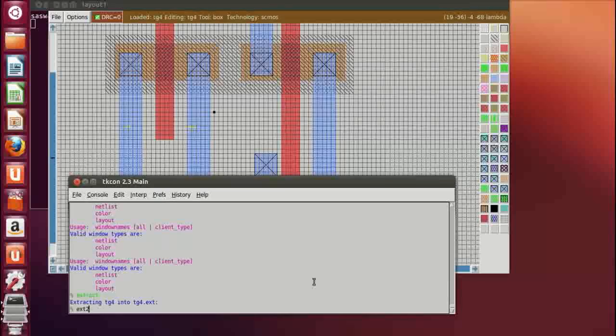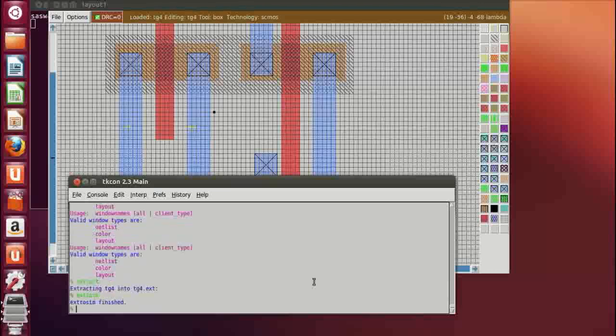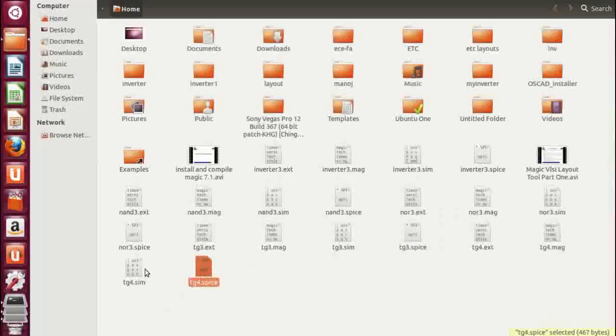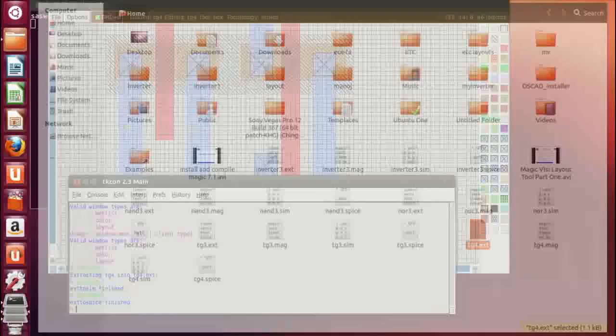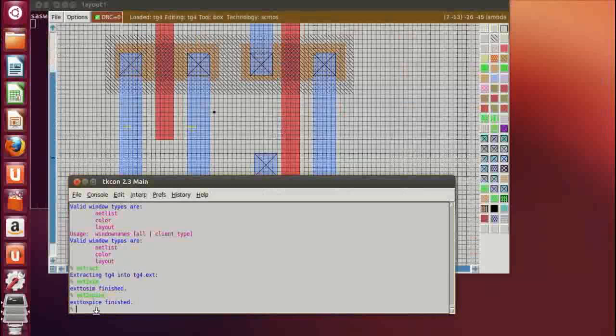After the ext file, we'll extract it to the sim file, ext to sim, and then ext to spice. So we have tg4, sim, spice, magic file, and the ext file. Okay, now if I want to exit,